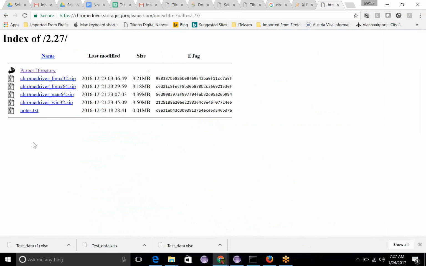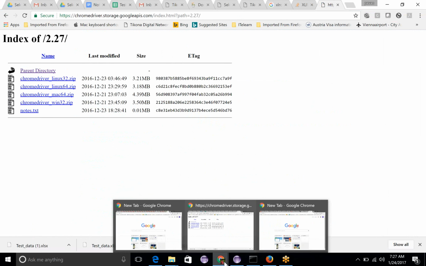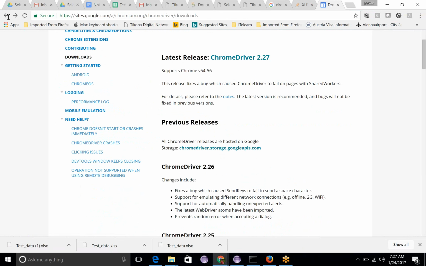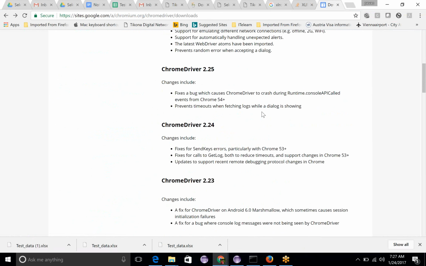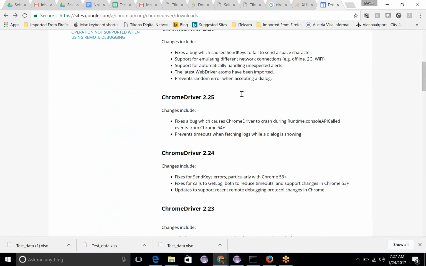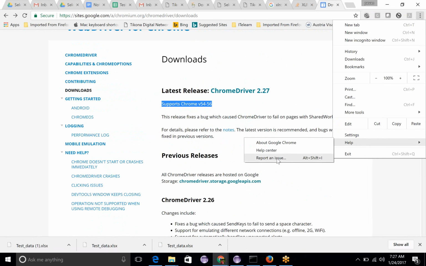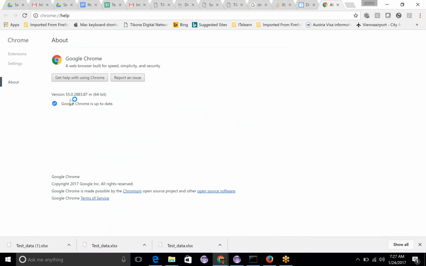It is very critical to understand which version of the browser is running on your machine. Accordingly, see the release notes of the Chrome driver. See, it says that it supports versions 56, 54, and this says 54 plus. So there are a couple of fixes in the Chrome driver exes that keep coming. So you first have to see which version of the Chrome browser you have. So let's see. I have 54,